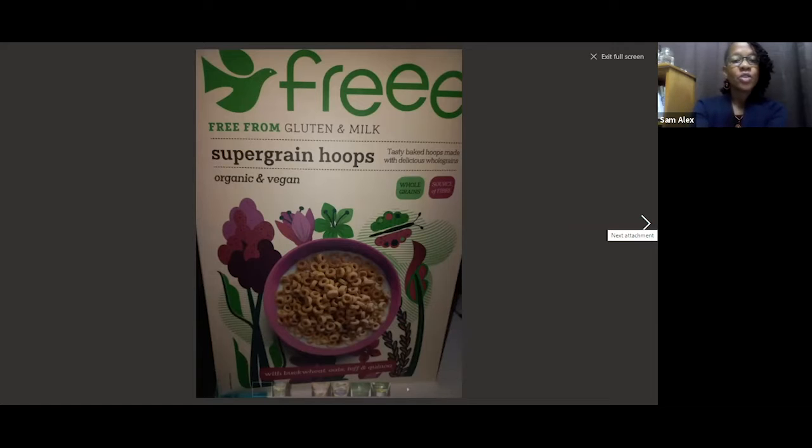So when you see super grain and whole grain, it's already telling you this is a source of whole grain. This is a superfood. And then the label also says free from gluten and milk. So this caters to the food as medicine people and also the people on plant-based diets. Then it says organic and vegan. Remember, in the start of the presentation, as part of the 5 nutritional marketing trends to consider, I spoke of green and organic food, that persons are now looking for more organic food options. So this one also speaks to that.